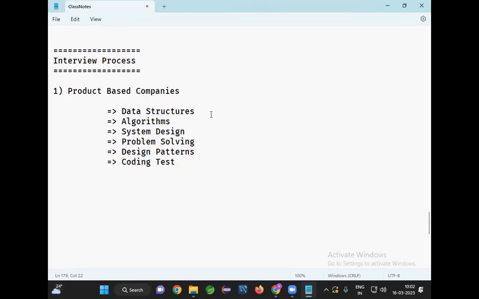What are the design patterns we need to use in the project? If I give you one requirement, how will you design the architecture of the project? What is your analysis of the requirement? They will give you some coding challenges and ask you to solve them. Like this, they are going to conduct the interview on these areas: data structures, algorithms, system design, problem solving, design patterns, coding test, and